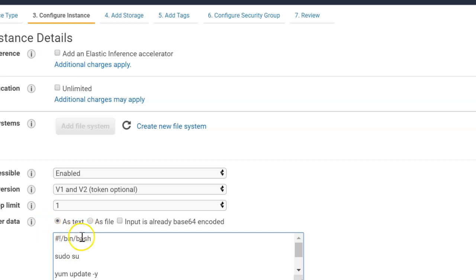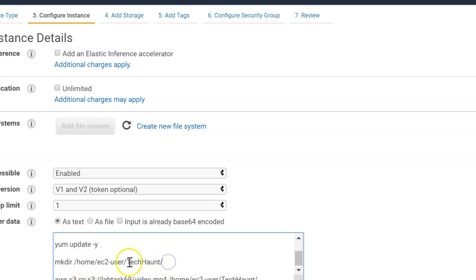You can use a bootstrap script in AWS at instance launch time. So when you launch and start your instance, this script is going to execute, and it's going to create a directory, that's the tech hunt directory.